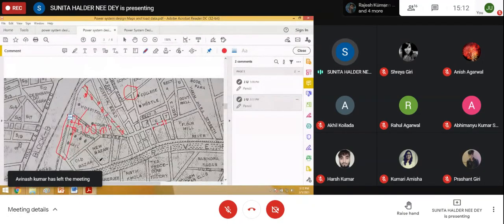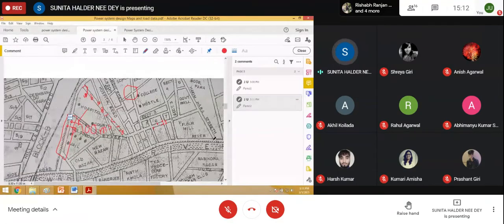Now I am showing in a fresh portion. Say for this portion, our upper side of the river, this may be one segment, this may be one segment, this may be one segment. Now segmentation may be of different types, but it will be better if you make the segment length similar. Then it will be easier for design in future.